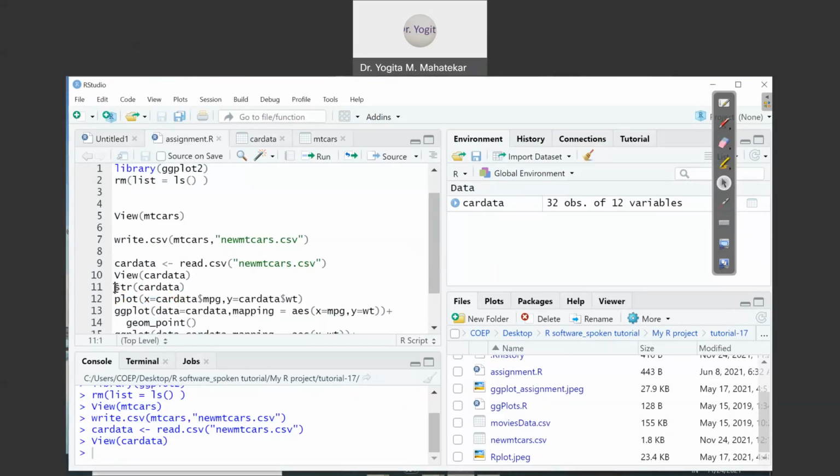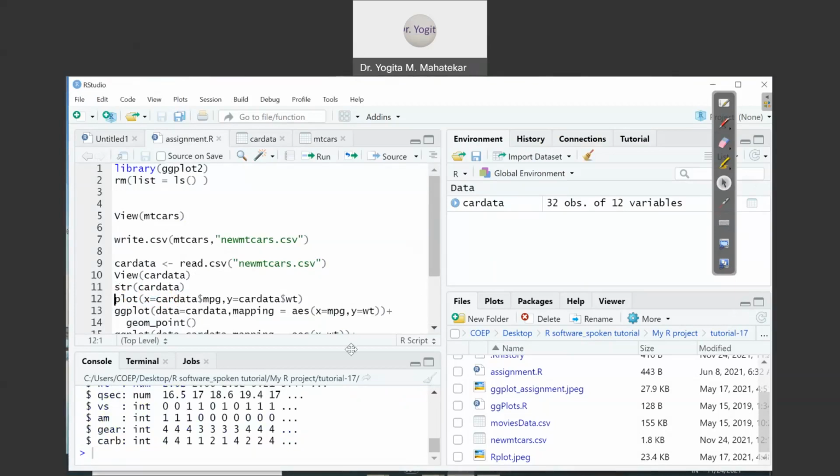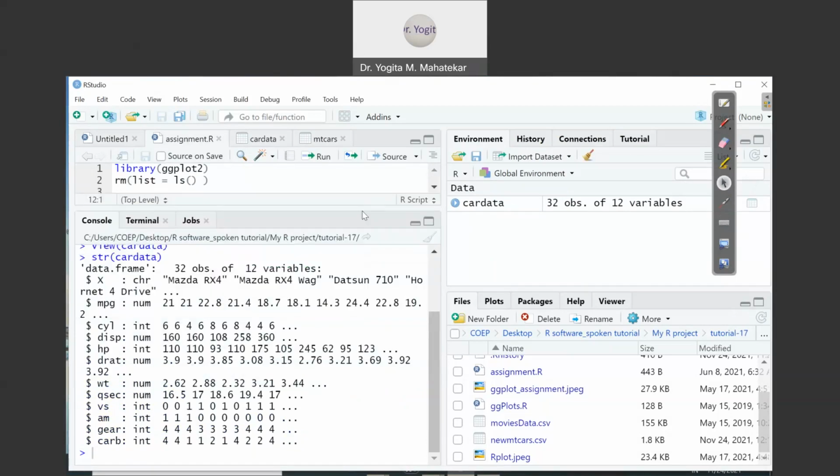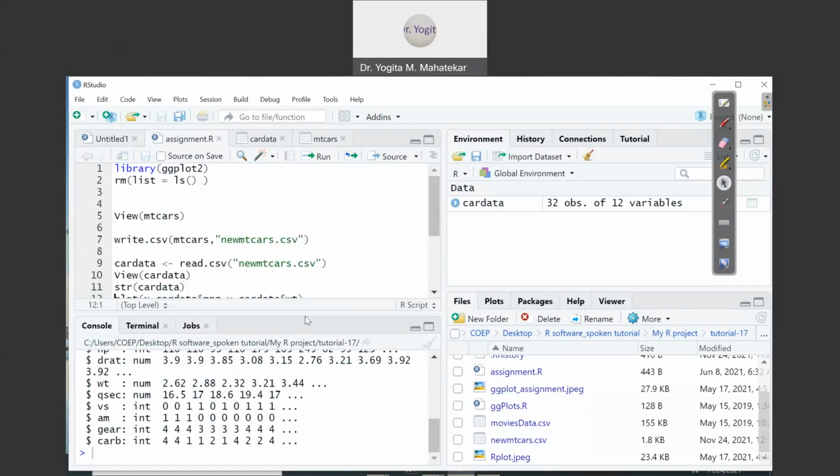Okay, so let me press Ctrl Enter. So now in this console you can see the structure of this data frame. It has 32 rows and 12 variables. X represents a character kind of variable, then numerical, integer, numerical, and so on. The structure of this data frame can be seen using the command str inside the round brackets, char